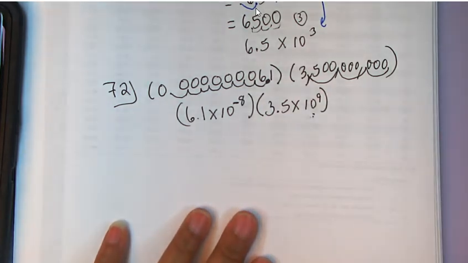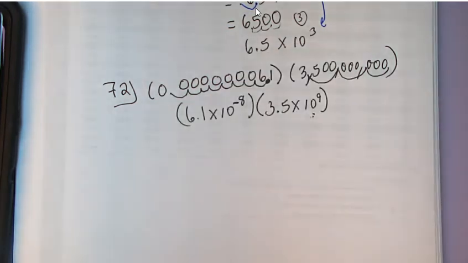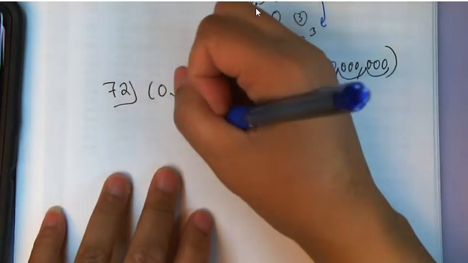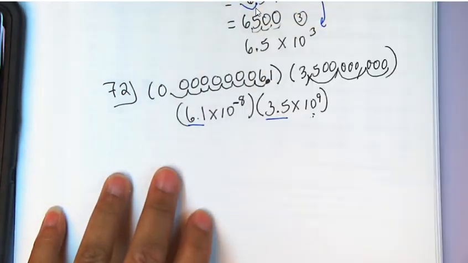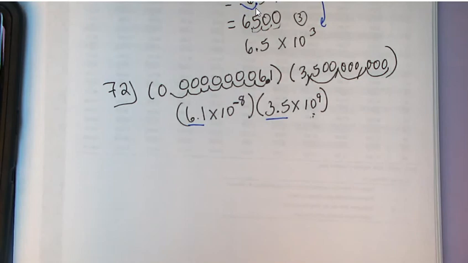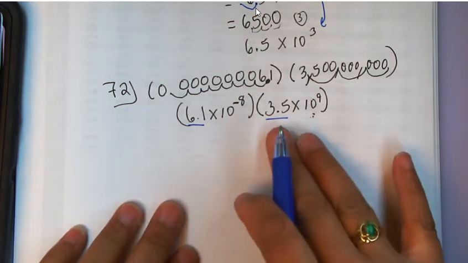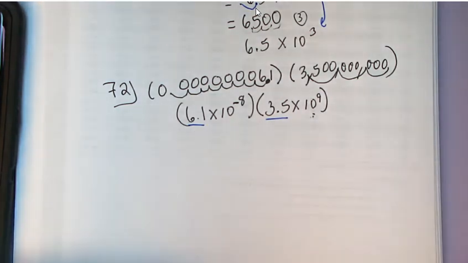So what do you think I'm going to do first? I'm going to multiply my numbers first. How'd you know? So let's multiply. We're going to multiply 6.1 times 3.5. We are not doing FOIL. There is no addition or subtraction sign here. This is straight multiplication. Everything is being multiplied by each other. So I'm just going to multiply the numbers first. So I'm getting my handy dandy calculator and figuring out what 6.1 times 3.5 is. And I end up with 21.35